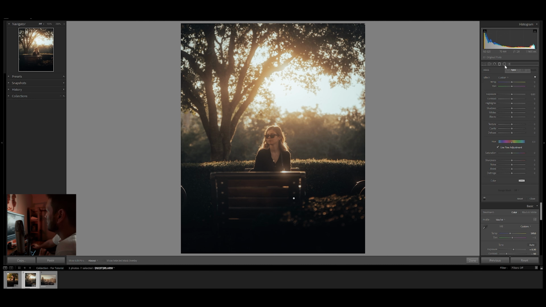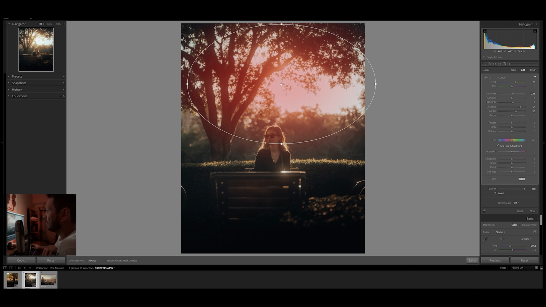So now with this one, I added a radial filter for the sun. Since I did have a Pro Mist so that it would soften the light on her, not be a harsh light on her, I wanted to expand that light a little bit. So if I show you what I did, that's the before, which is perfectly fine like that,